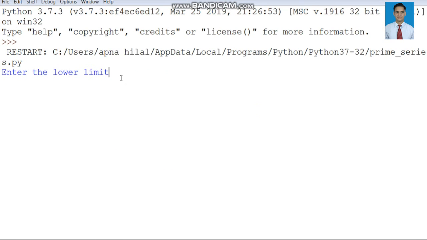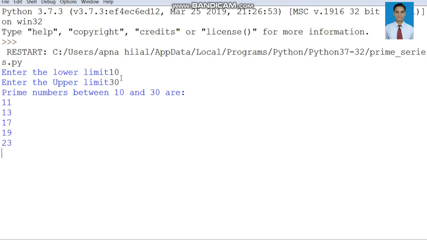After running this program, enter the lower limit. For example, we will write 10, and enter the upper limit 30. The prime numbers between 10 and 30 are 11, 13, 17, 19, 23 and 29.